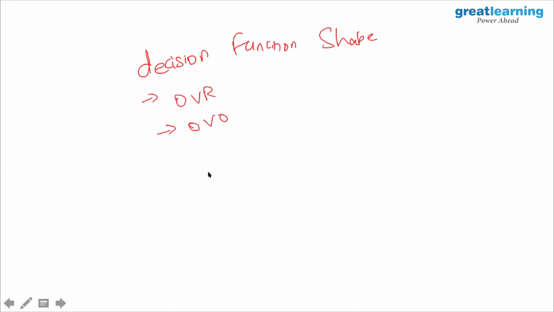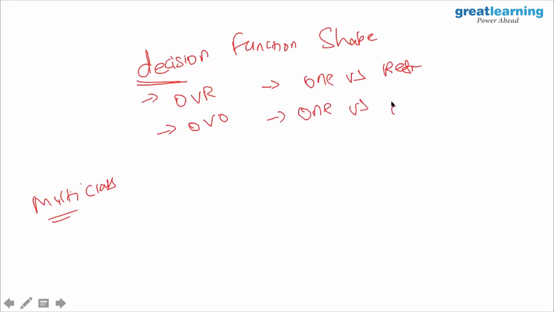So, the support vector machine is useful in a multi-class problem also, right? In a multi-class classifier, an interesting aspect is the decision function shape. OVR is called one versus rest, and OVO is called one versus one. What do you mean by that? Very simple. In a multi-class problem,